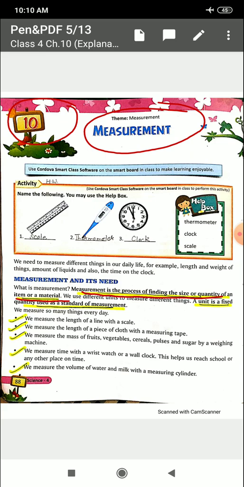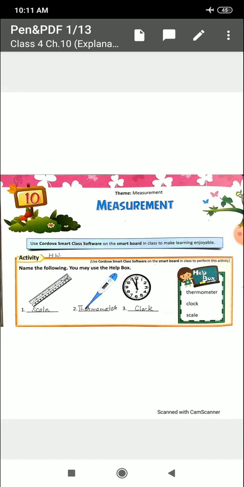Then we discussed the definition of unit. As you can see, unit is a fixed quantity used as a standard of measurement. Because we need the fixed quantity to measure anything, whether it is length, mass, capacity, time or temperature. We need the standard or fixed unit to measure different things. Like we discussed in this activity, we need fixed units as well as the instruments or tools required to